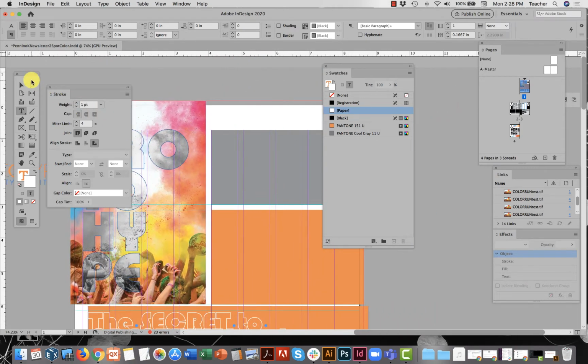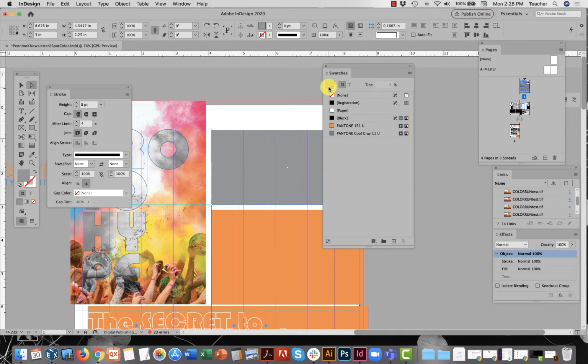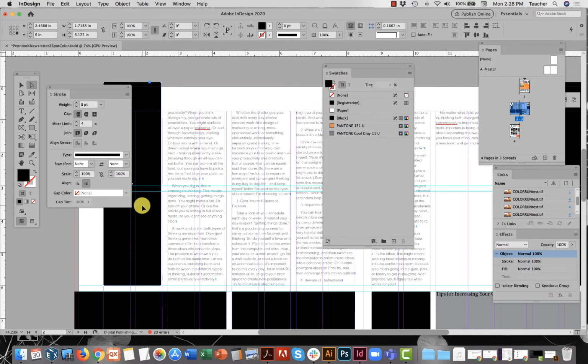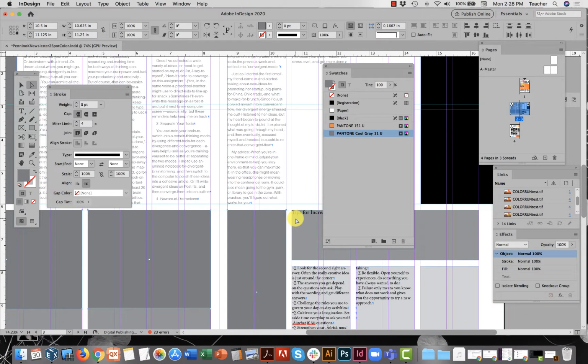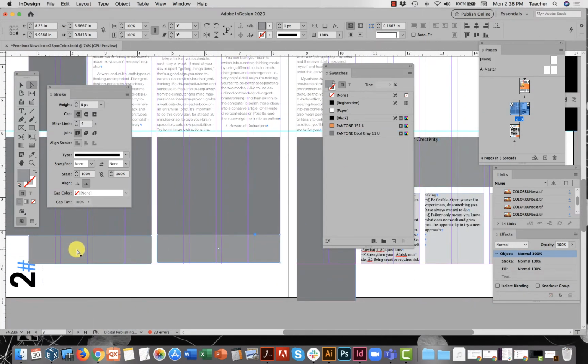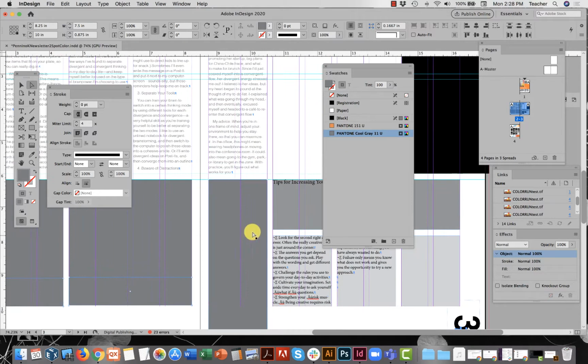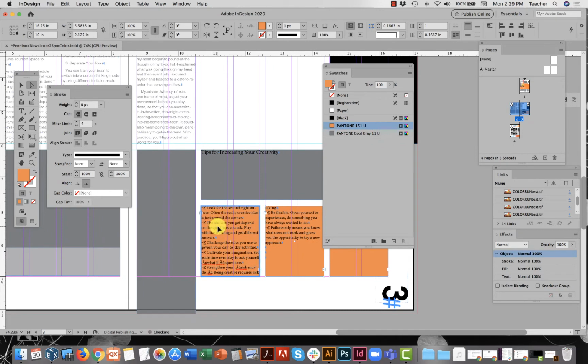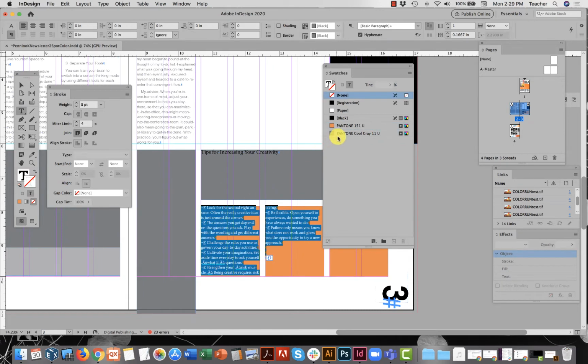So the idea is to just systematically go around anywhere where I have applied a fill or stroke color to something that is not a correct color. I'm going to replace those with a color that is one of my two colors in my swatch panel. And that even includes these other shapes that I have selected or used in solid black for. Remember, black is an ink color, so I don't want to be applying black fill colors to things or even to my text when I want my text to also be in line with these two spot colors.